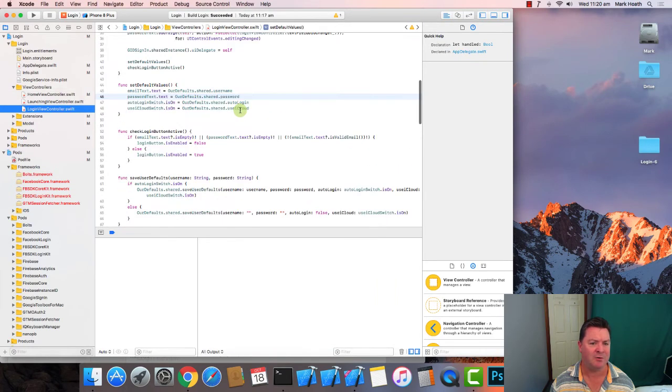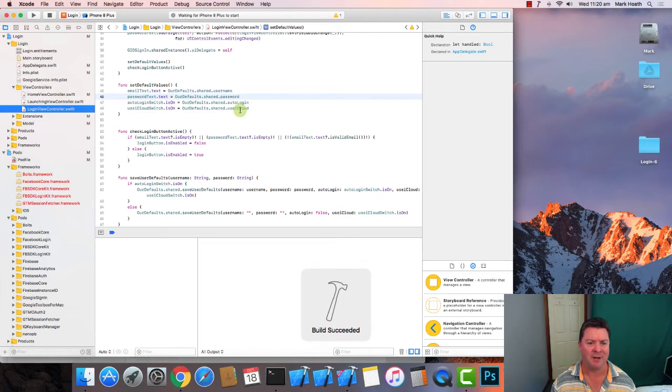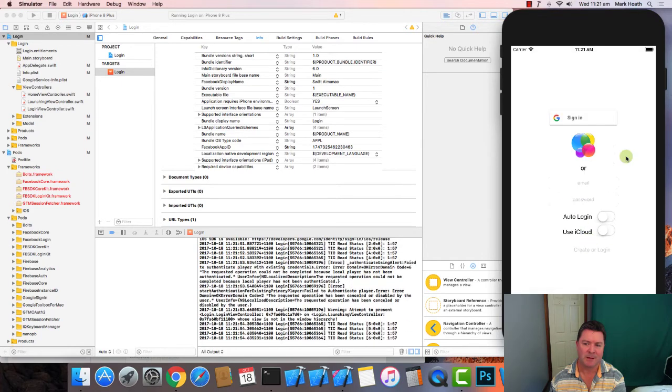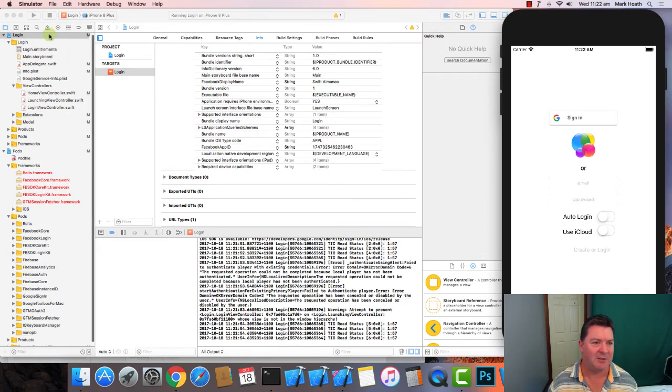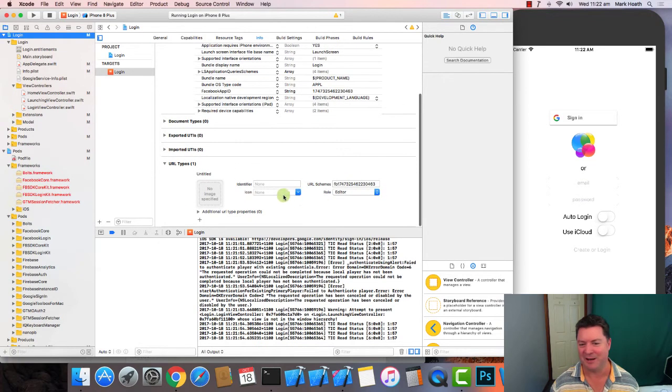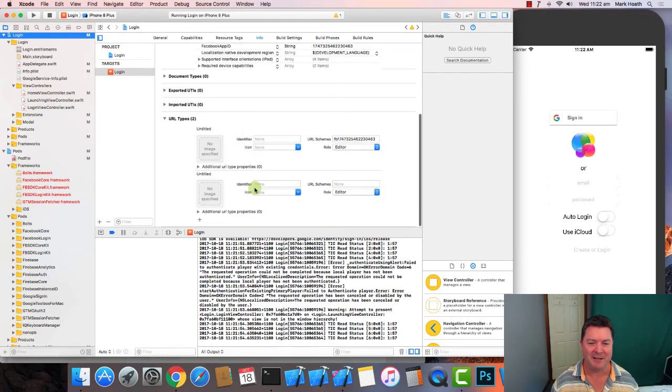In our login view controller, we might just quickly have a look at what our project looks like. Okay, so here's our login screen, here's our Google button, and what we want to do is we'll put a Facebook button up here, and so we don't want it centered. If we put it centered, it'll be across our email password login area. Now I've just also checked here, we've got the login and the URL types. There's just one, and it's the Facebook one, so Facebook's going to work, but in editing our info plist, we've destroyed one of our Google API,